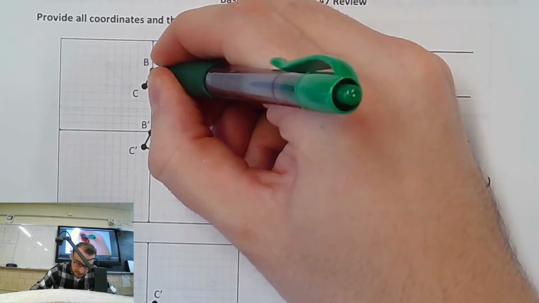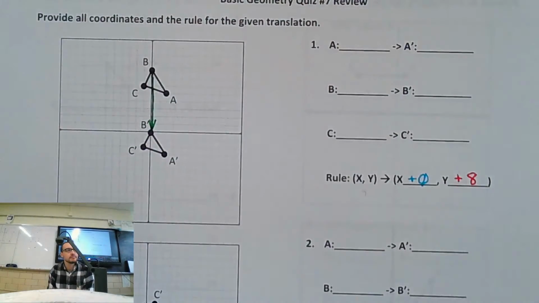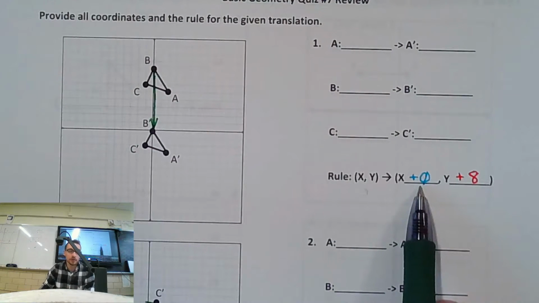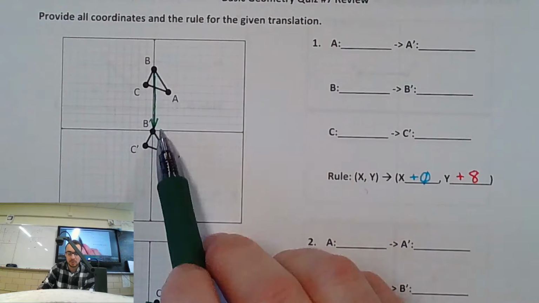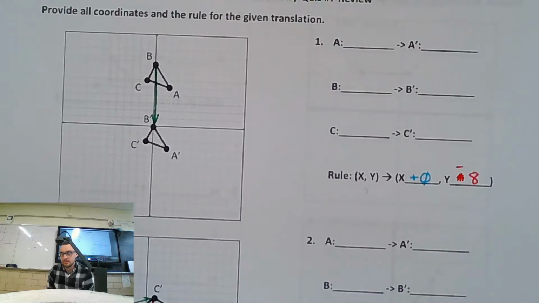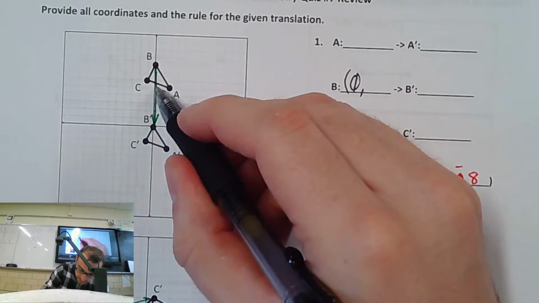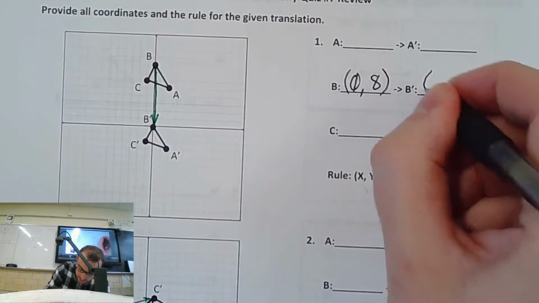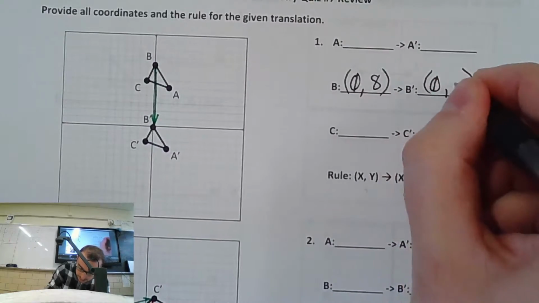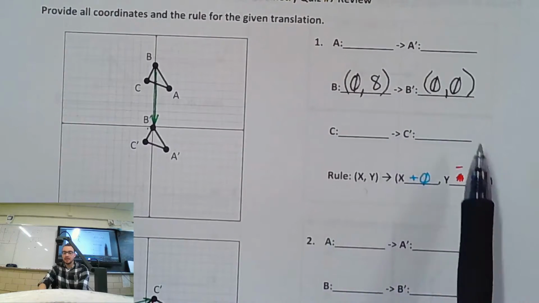Yeah, so if you look at B to B prime, do we go left or right any? No, we don't. So 0 in the x direction. However, direction matters. We're going towards prime. B to B prime, is that a plus 8 or a minus 8? Direction matters. We go towards prime, right? Again, you could have checked the coordinates. B's coordinates are 0, 8. And B prime's coordinates are 0, 0, right? So what did I do? I added nothing to the first one, and I subtracted 8 from the second one, yeah?